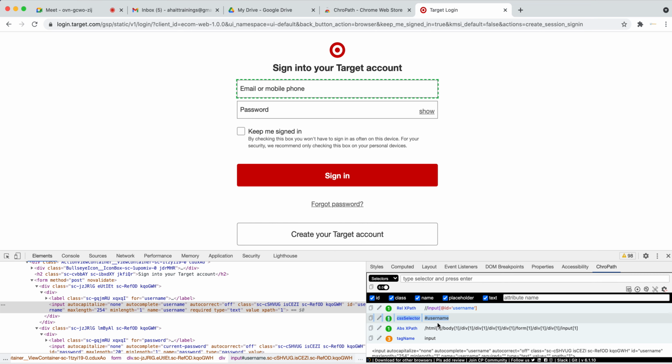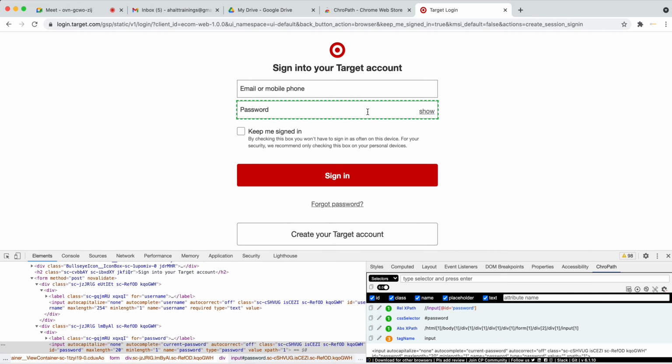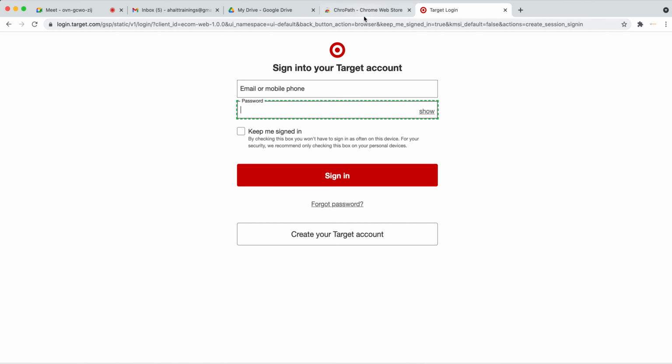Even if you see hash username here and hash username there, they completely forgot, they copied and pasted the same code and just changed the button name, that's the problem. Then I'll go for this one. I have seen those cases. Got it? Okay, now we are moving on.